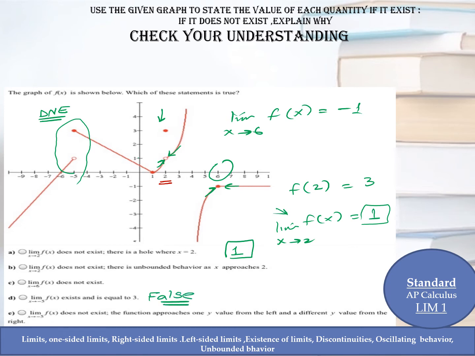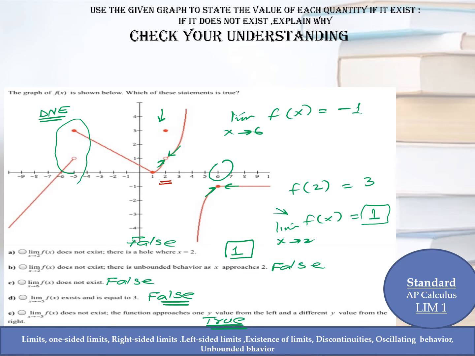Here the limit as x approaches 2, this is also a false statement. The limit as x approaches 2 exists, also a false statement, and the first one is also a false statement. Okay, now the E part is the limit as x approaches -5 does not exist because the limits from the left and the right side are not equal, and this is absolutely true,